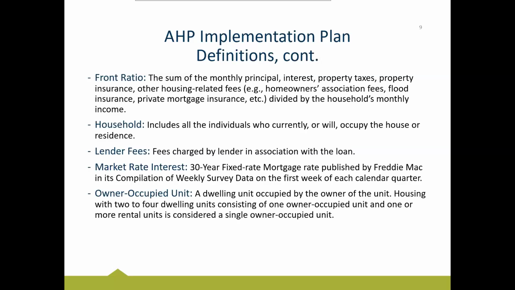So when you are doing your income qualification, one, we want to make sure that all individuals in the household are accounted for so that we're using the correct income limits, and that all individuals, again, who will live in the household are also included in that count. So if you have somebody, say you have a family that is going to have an adult parent that's moving in with them as a result of purchasing their new home, they will be part of that household. So please make sure any individuals who currently or will occupy the new home are included in that income calculation.